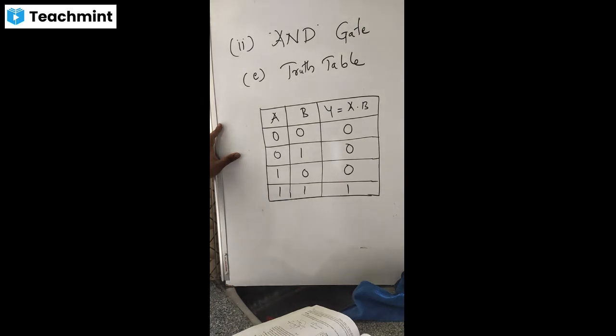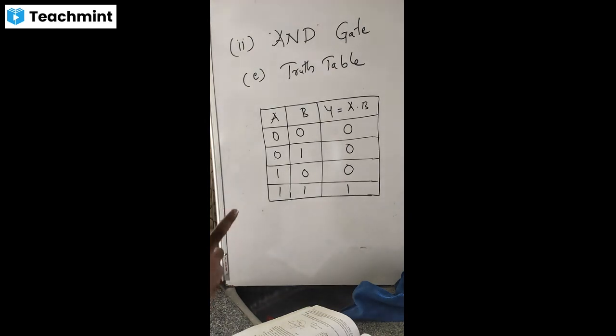So that's why I'm trying to say the basic difference between OR gate and AND gate is, specifically regarding OR gate, if any one of the input is high, your output will be high. What I'm trying to say, in OR gate, if any one of the input is high, then the output will be high. When it comes to AND gate,